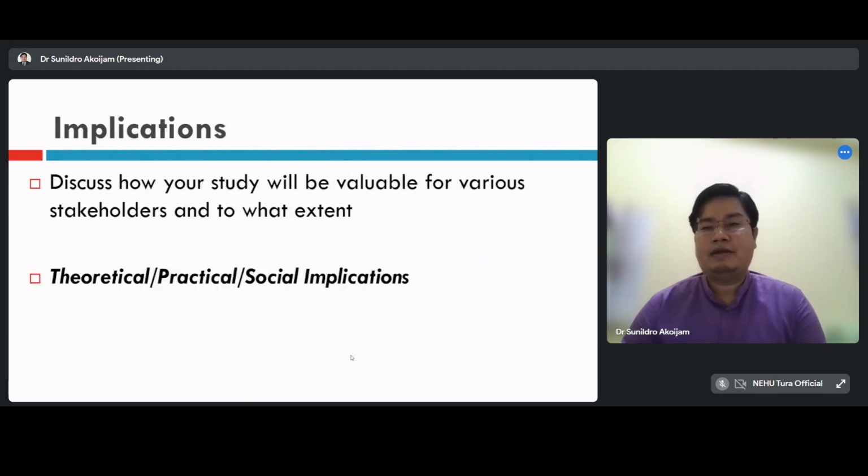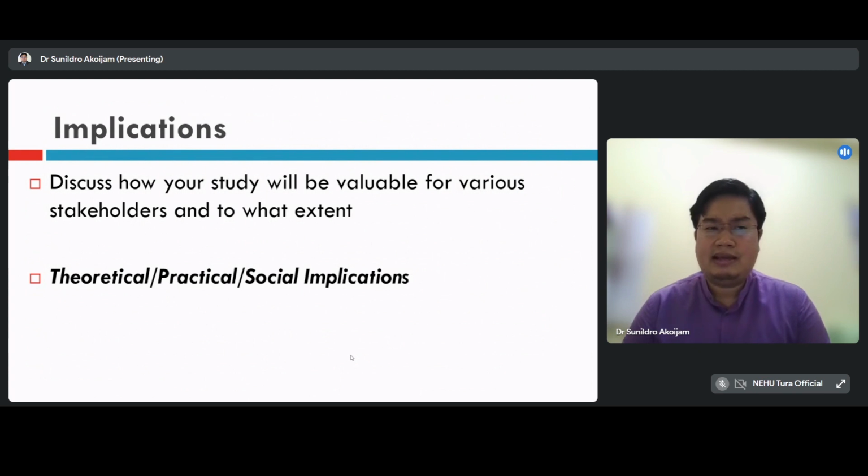After the conclusion comes a very, very important section that many young researchers normally don't understand the need of. But reputed journals give due importance to this part. Because in this particular section, you are talking about how your study and your findings will be beneficial for different stakeholders. This is very important to justify and strengthen your paper, that your paper is somehow different, or that you are bringing out significant findings which are different from others.